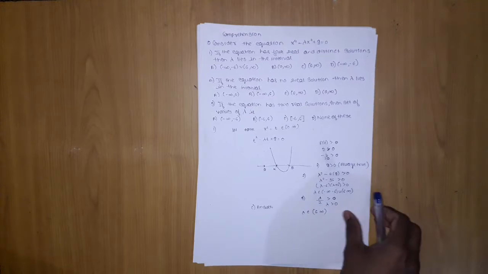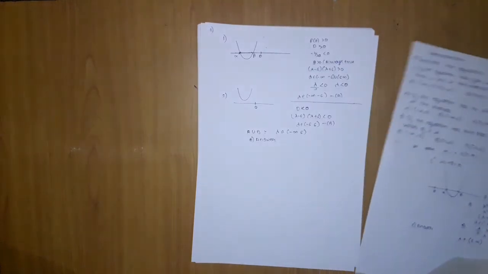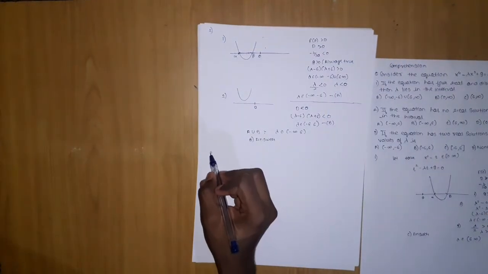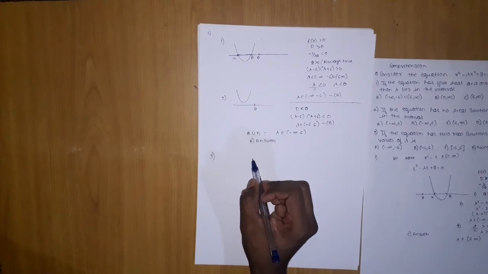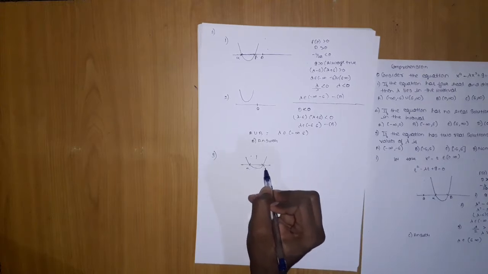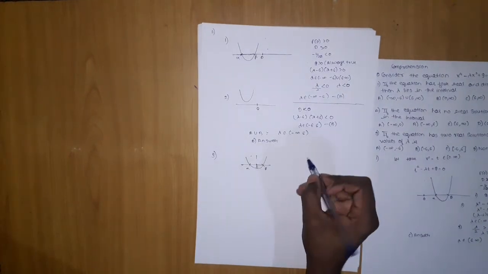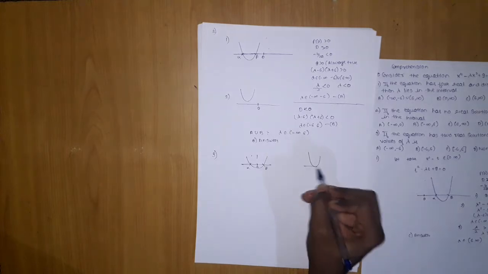It has two real solutions. Then what conditions can be possible? Now let me call it as 3. The graphs which are possible for two real solutions can be this, with alpha and beta, and here it should be 0. This graph can be possible, and the second graph is like this: both roots are equal.